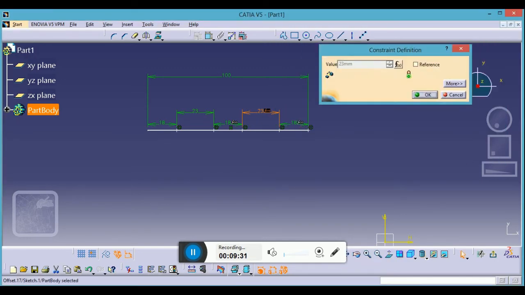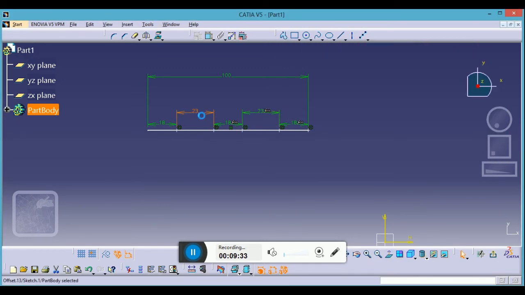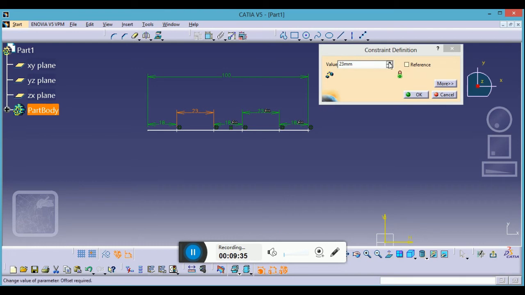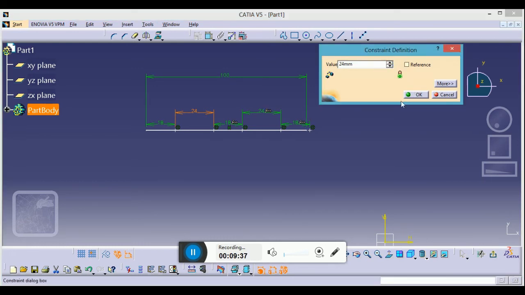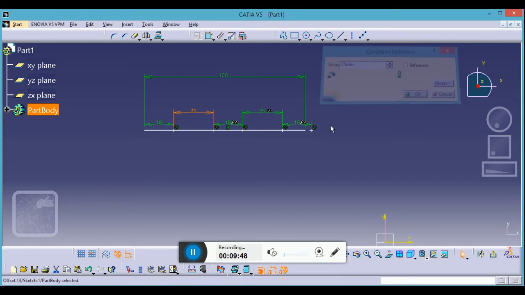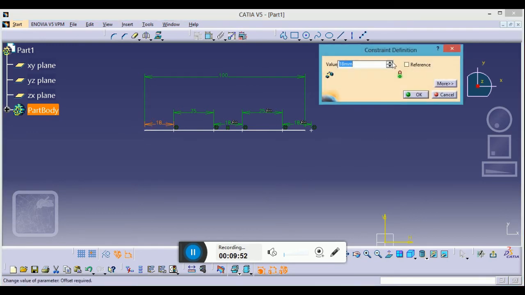You can see that it's been locked with this value only. If you change this value, making it 24, you will have 24 here only. You can see that both values are changing. This is changing with this reference. Okay, you just need to know this. After that, if you want to control this, you can see that all of them are controlled by this one.